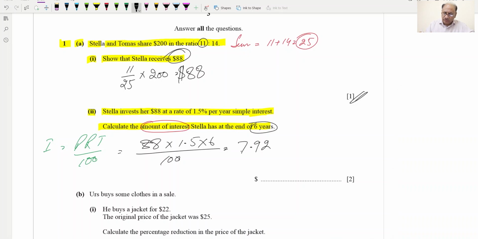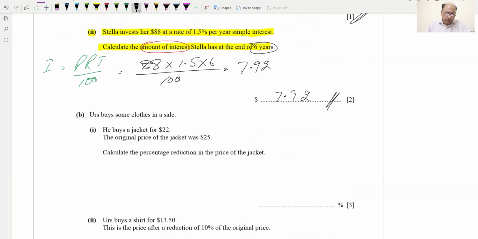7.92 is the interest. Interest basically, not rate. So the interest will be $7.92. This is done. Now,